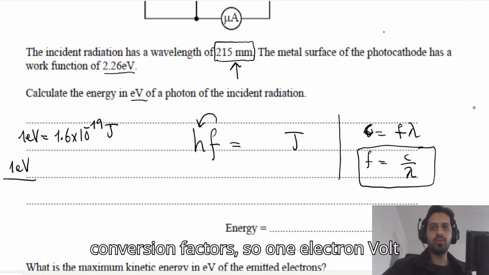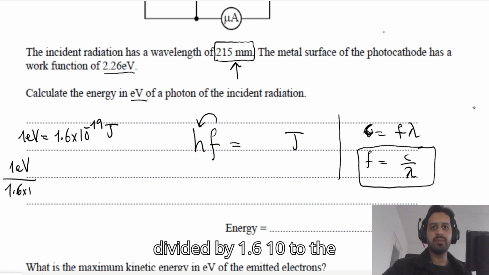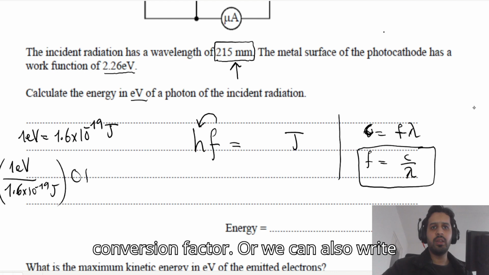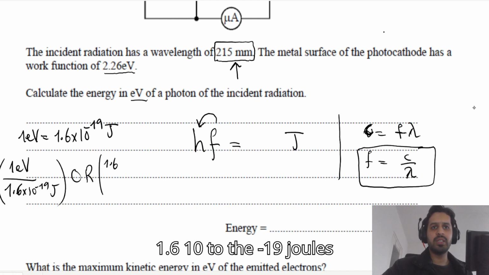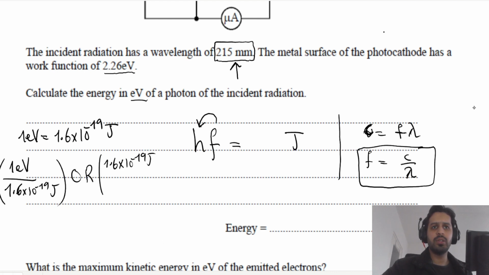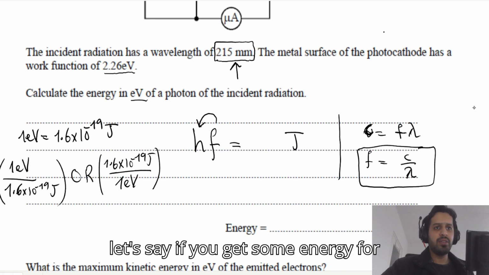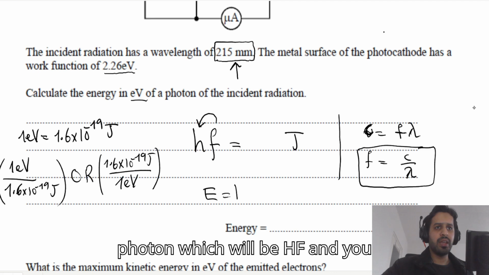So 1 electron volt divided by 1.6 times 10 to the negative 19 joules. This will be our first conversion factor. Or we can also write 1.6 times 10 to the negative 19 joules divided by 1 electron volt. Now let's say you get some energy for a photon, which will be hf, and you get some answer which